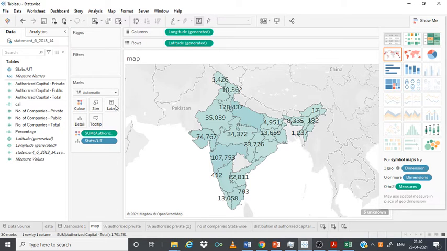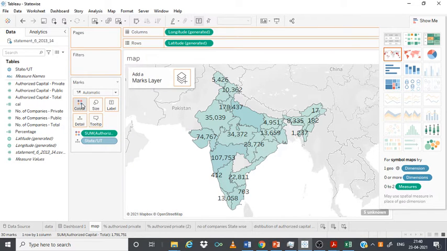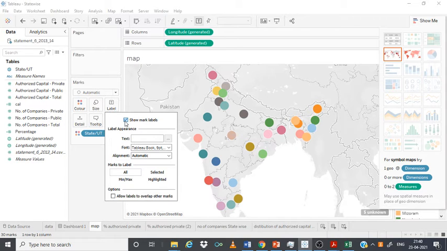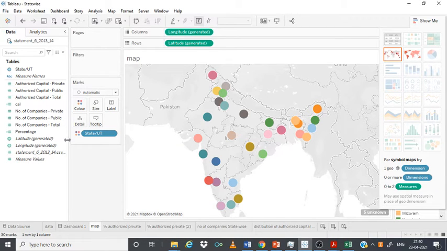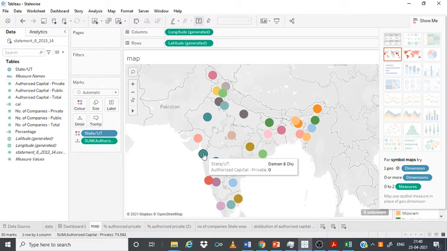This is because I've chosen the values as a label. When I say show mark, it gives me all the values of authorized capital in the states. If I change the appearance this way, you'll get what we saw in the previous view. And this can also be labeled. Because here it is states, I have to choose authorized capital, whichever value is required, so that the values are shown here, and state-wise I can get the number of authorized capital.